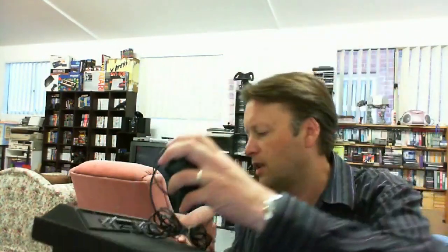So I got the unit, a proper official Atari power supply, a small bundle of games. Now actually, I have all bar one of them, but they are all very good games. They're all good core games that anybody who has a 2600 should have. So we have Missile Command, good old Space Invaders,